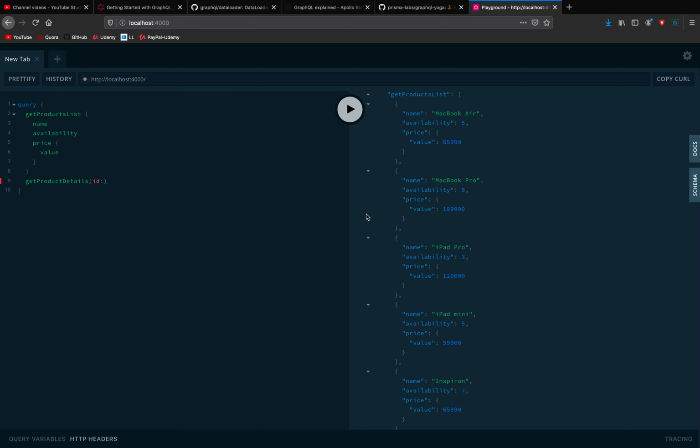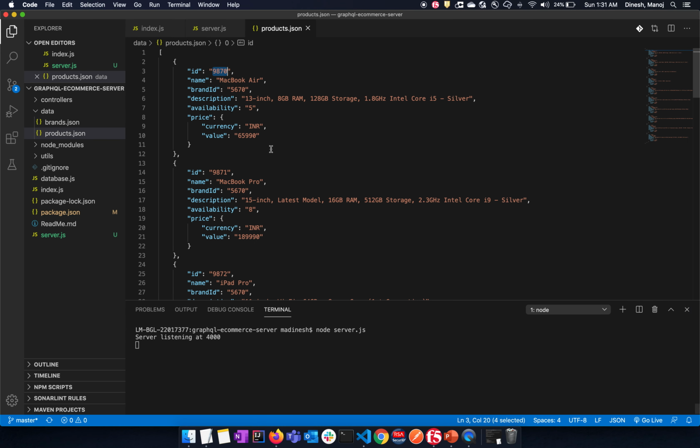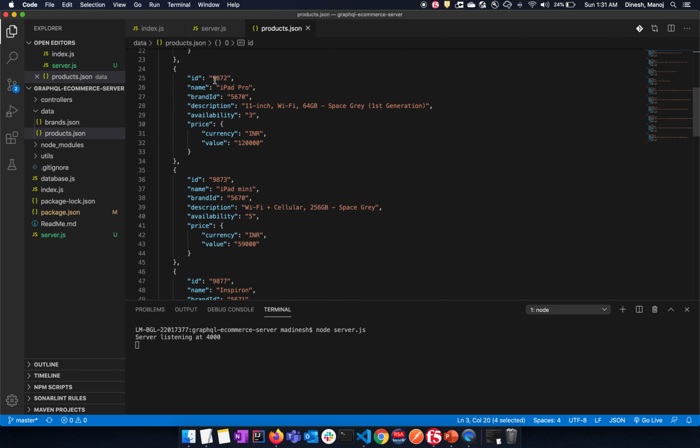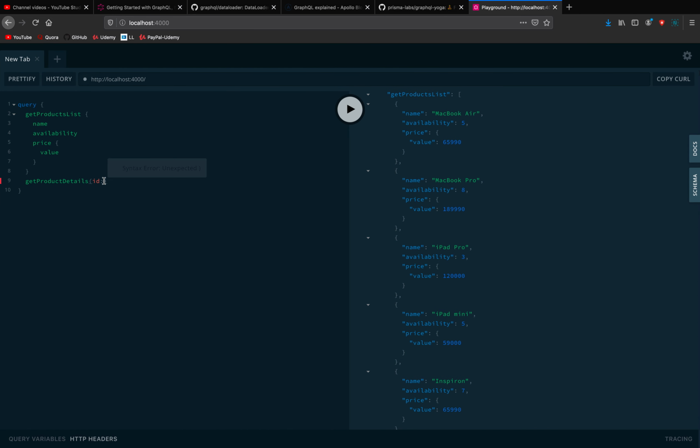So let me fetch the information of iPad Pro. I'll specify the ID 9872. Name, I need the name, availability, price, value. I'll also need brand ID.